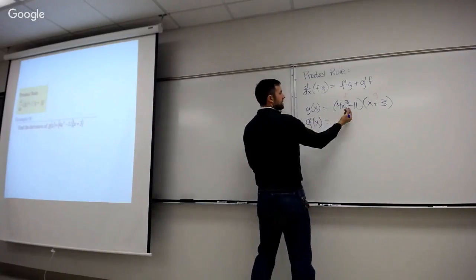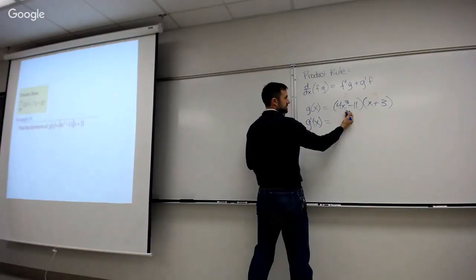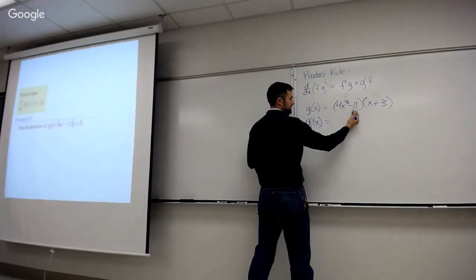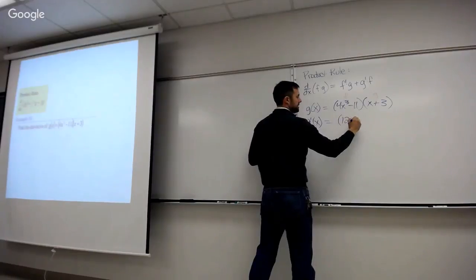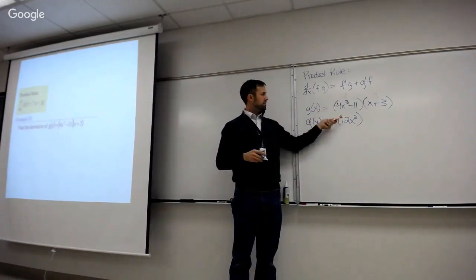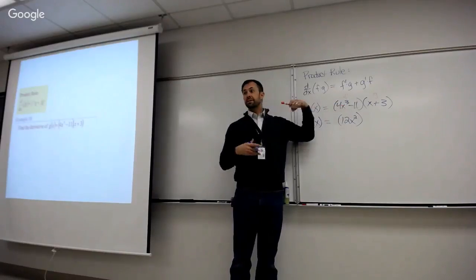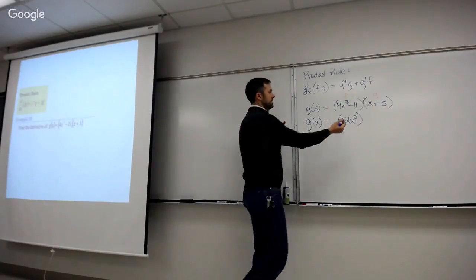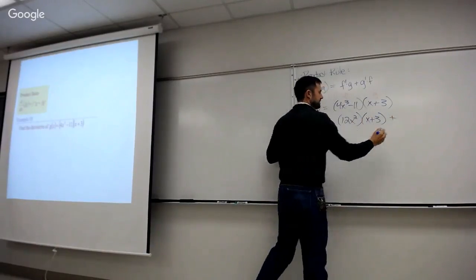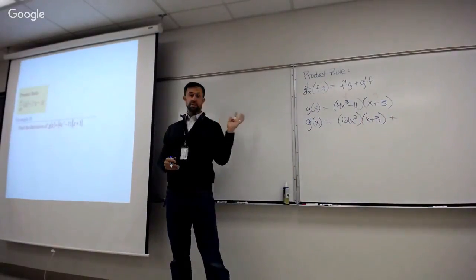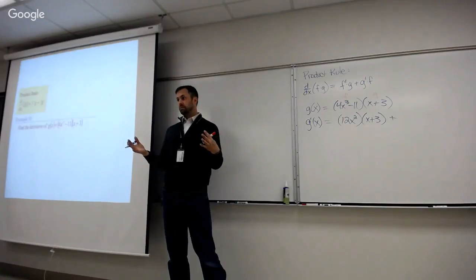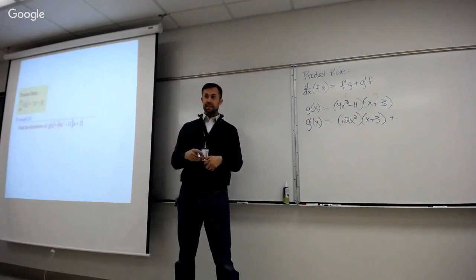The derivative of the first. So what's the derivative of this thing? 12x squared. Right, because for 4x cubed, the derivative is 3 times 4 is 12, and the exponent goes down by 1, so 12x squared. The derivative of 11 is 0. So the derivative of the first times the second, and just write it down. The derivative of the first one times the second one. The second one does not change at all. Plus